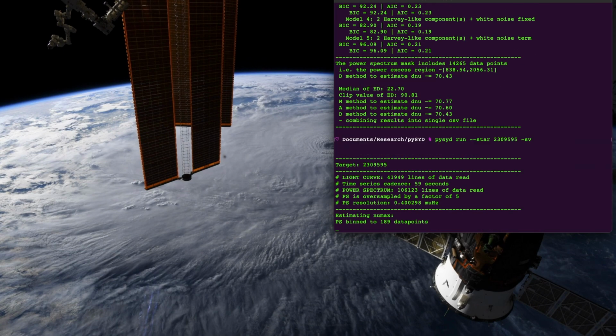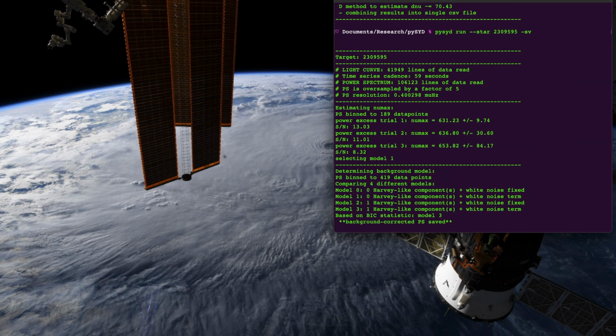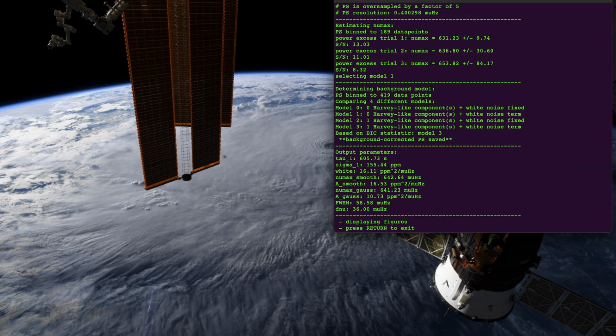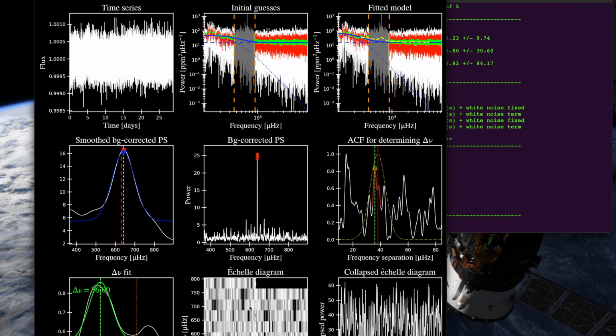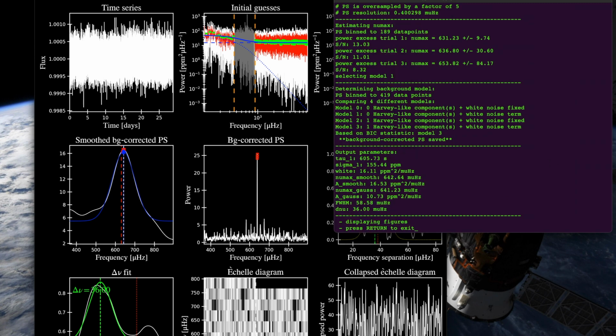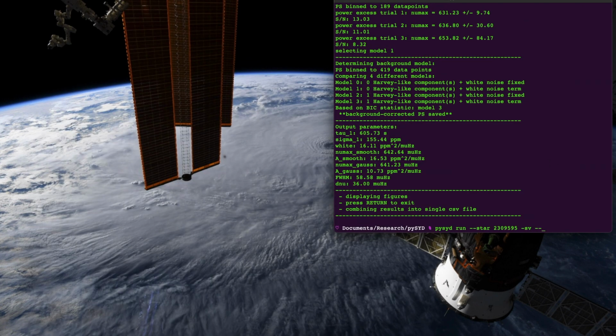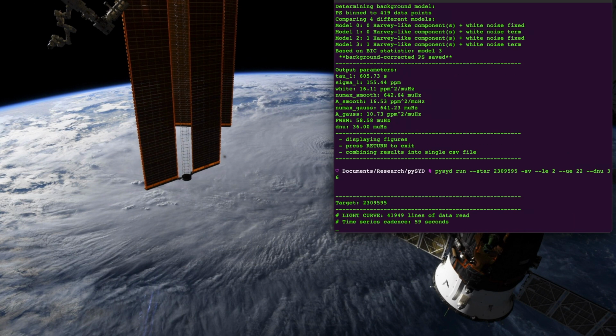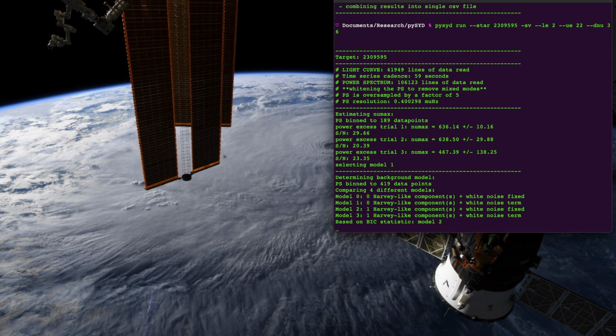Okay, so now we'll move on to a more evolved star, a subgiant whose shell diagram actually doesn't look as straight and ridgy as we'd hope. But it turns out that if you have a rough idea of what d nu is, or our characteristic frequency spacing, and an interval of the folded power spectrum here, it's from 2 to 22 with an expected d nu